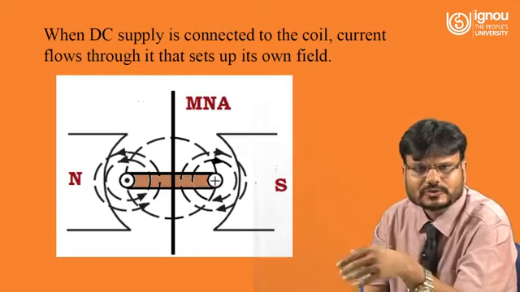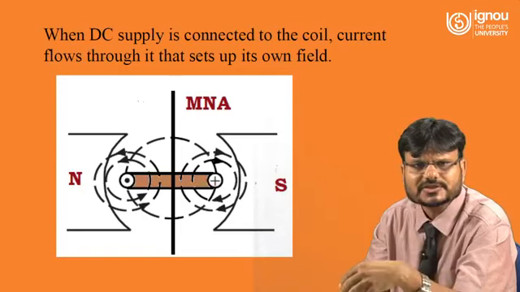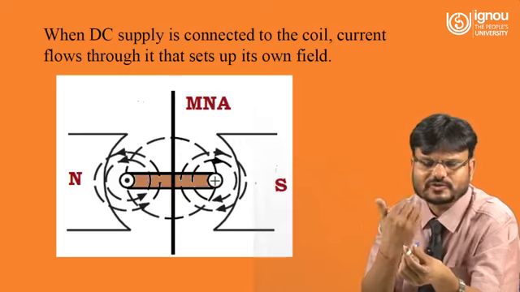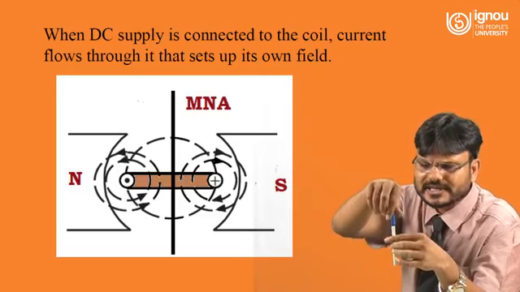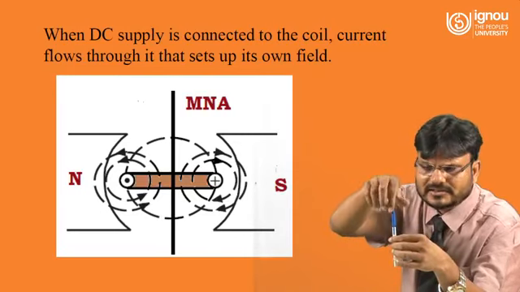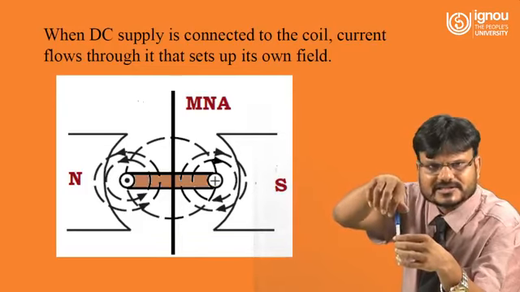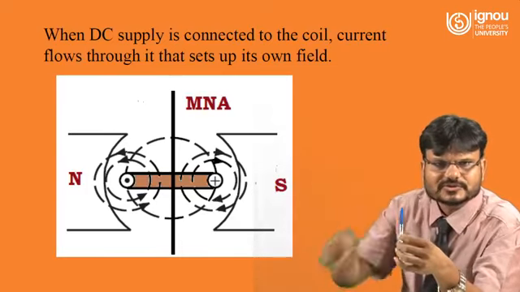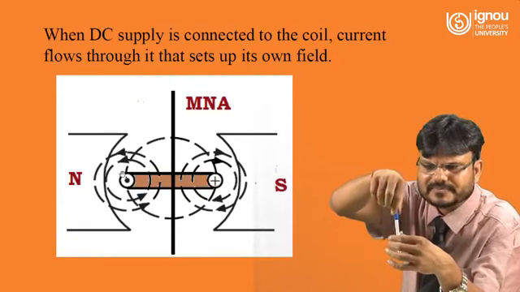If you want to check the direction of the magnetic field around this conductor, you can apply the screw rule, because this current is flowing outwards. That means you use a screwdriver like this. Because the current is coming upward, you are opening the screw, so you will move in this way, in the anti-clockwise direction. This direction of the screwdriver will show the direction of the magnetic field. Here you can see, because you are moving like this.